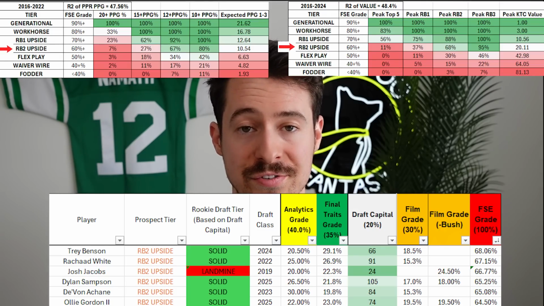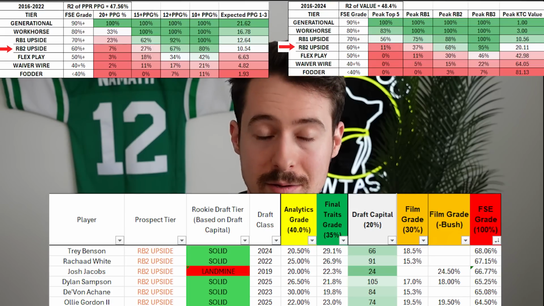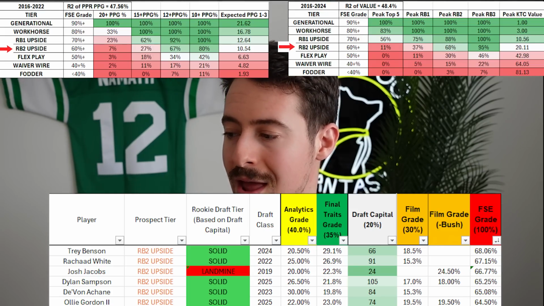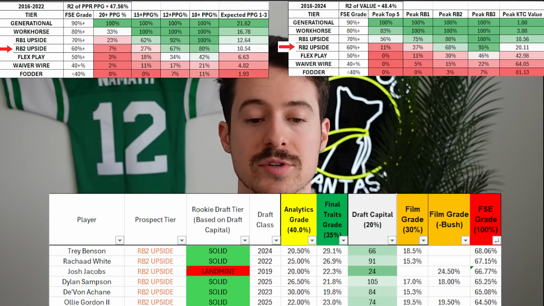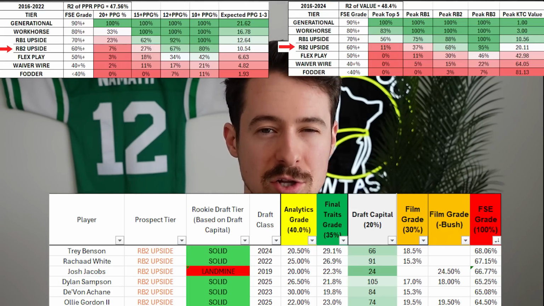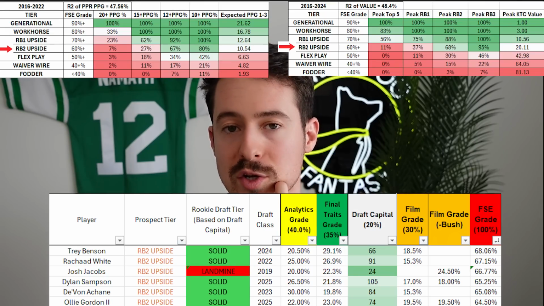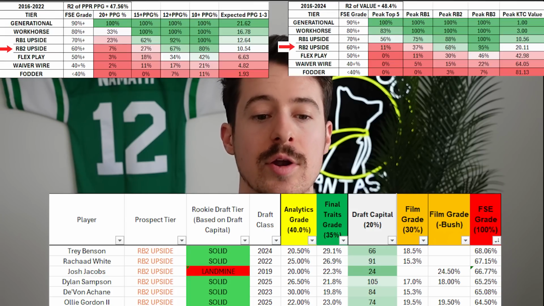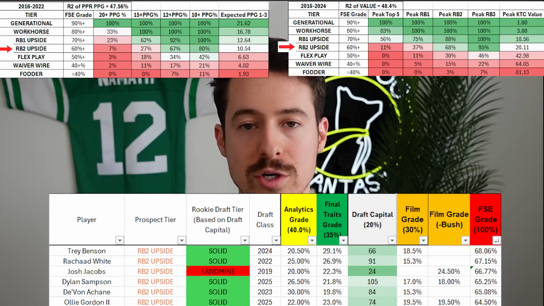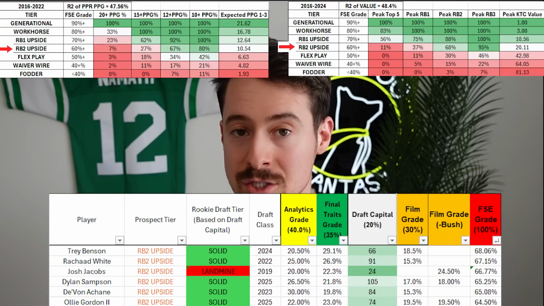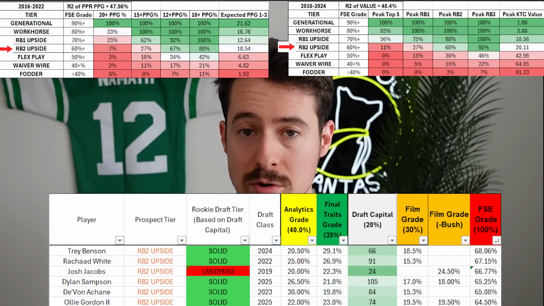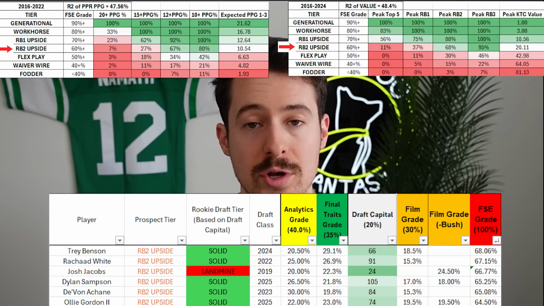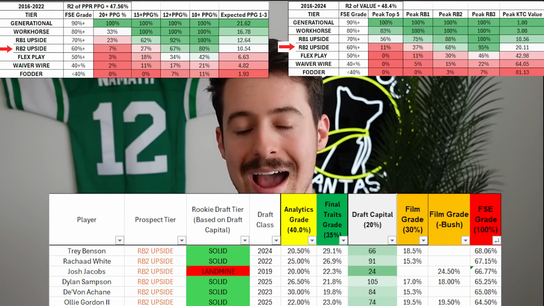Dylan Sampson compares favorably to Devon Achane, which ironically was also my film comp for him as well, and they are actually quite similar in terms of their profiles. Gordon lost a lot of points analytically for his down 2024 season, but traits-wise, his 2023 campaign really carried his numbers, and at 6'1", 233 pounds, if he tests well, like if he runs fast, runs 4.4 or something like that, he's going to have a chance to really climb up his traits grade